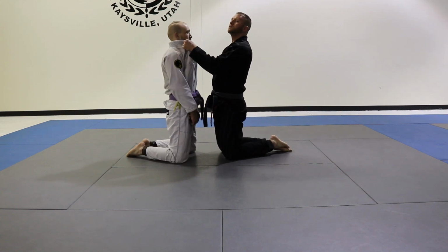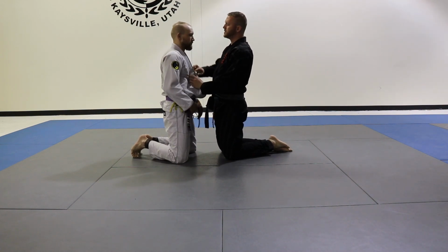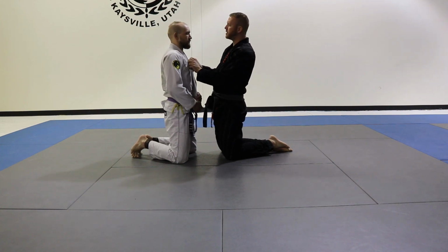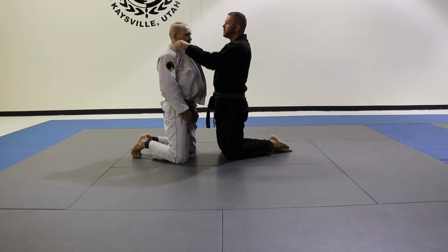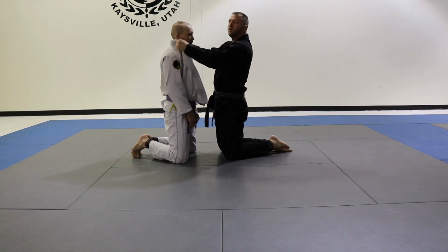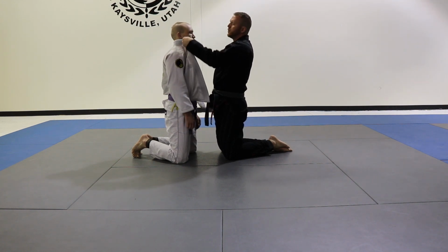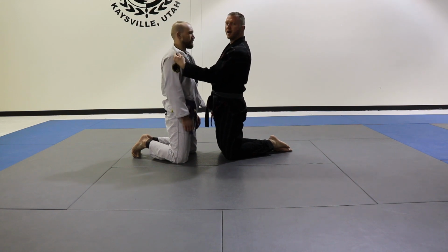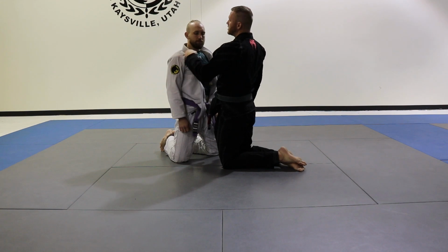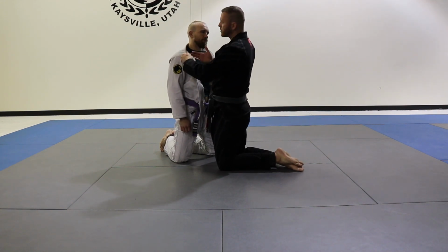Anytime we cross choke, we really want to prepare the gi before we start to choke. If his gi is nice and tight and tucked in, it's going to be really difficult getting our hands in there. So we're always opening it up, and one little trick here is really pulling it up like this. And we'll do that from guard, mount, wherever we apply this. So we're always going to turn the lapel outward, and I'll turn him this way so that you can hopefully see a little better. I'm going to turn that lapel out, and I'm going to always feed the first hand